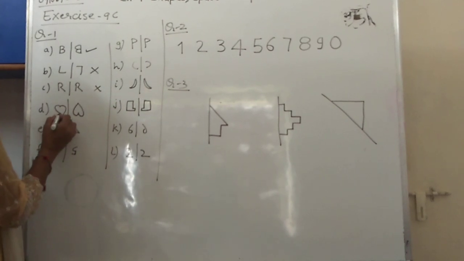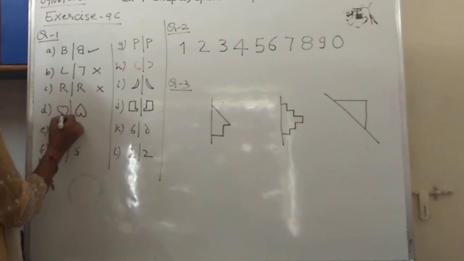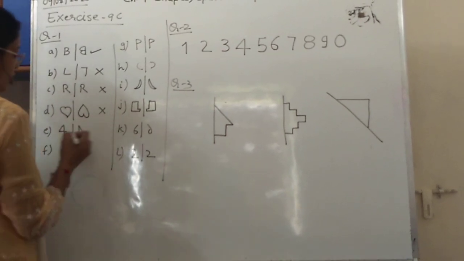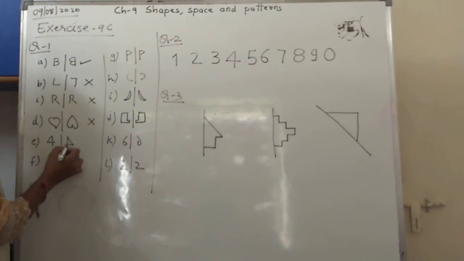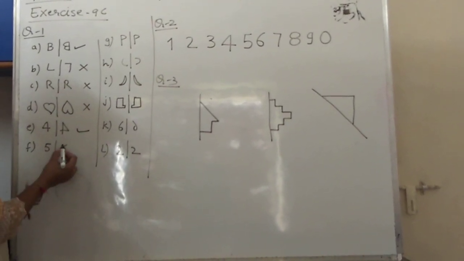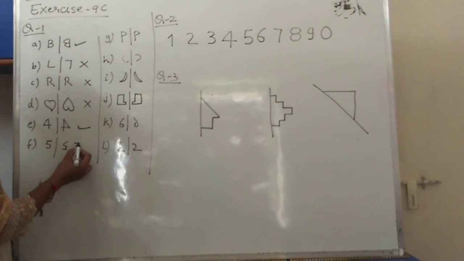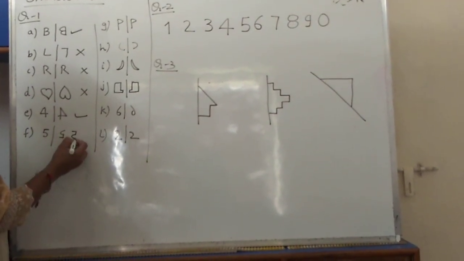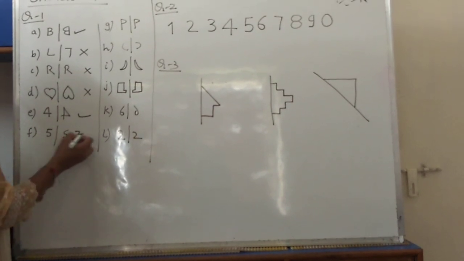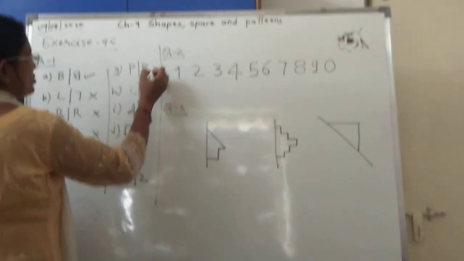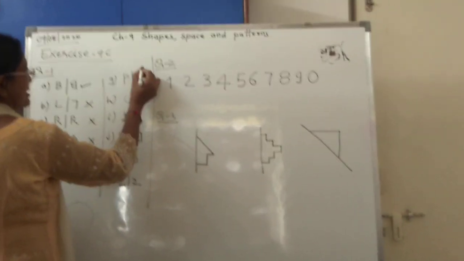This top in a mirror will be seen here only. This pointed part of a leaf will not go up. So this is also wrong. 4 will be seen like this. It is clear. Then 5, this part will be coming here only. It will be seen like this. Instead of that it is given like this. So that is also wrong. Again here P is also wrong. P will not be seen like this. It will be seen like this.